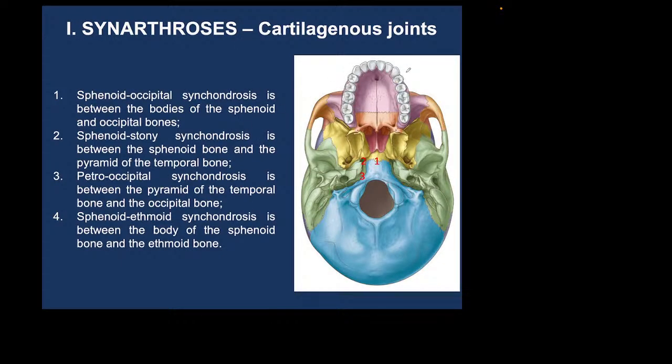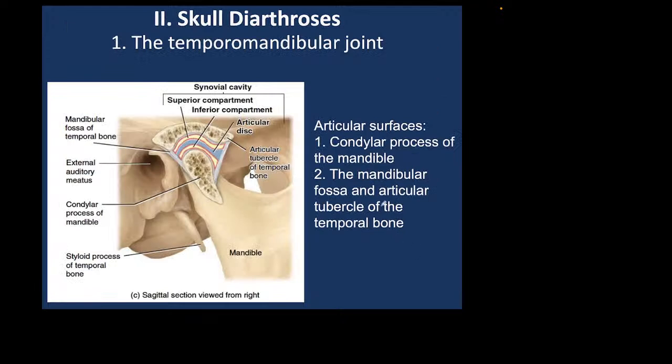Synarthrosis, cartilaginous joints are located on the base of the cranium, and between the occipital and sphenoidal bones. The permanent synchondrosis called sphenopetrosal synchondrosis is between the sphenoid bone and the pyramid of the temporal bone, and some others. And you have to learn